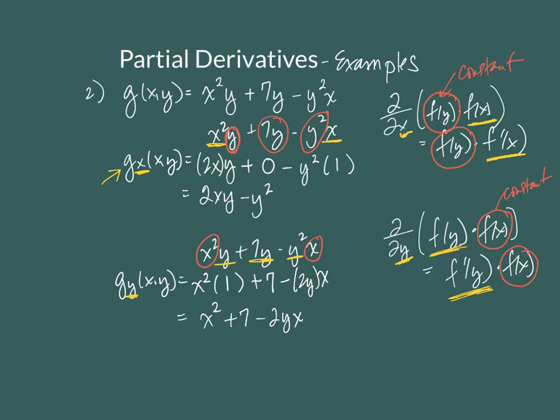focusing on the partial with respect to x, 2x was the derivative of x squared, 1 was the derivative of x. The rest of it is the result of the constant multiple rule. You just rewrite. And then if I take the derivative with respect to y, then the derivative of y is 1, the derivative of 7y is 7, the derivative of y squared is 2y, and the other parts are just constant multiples, so they just get rewritten.